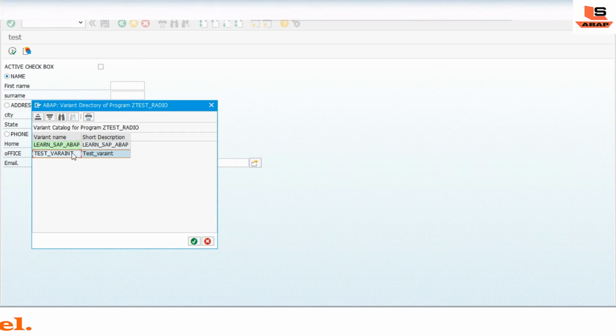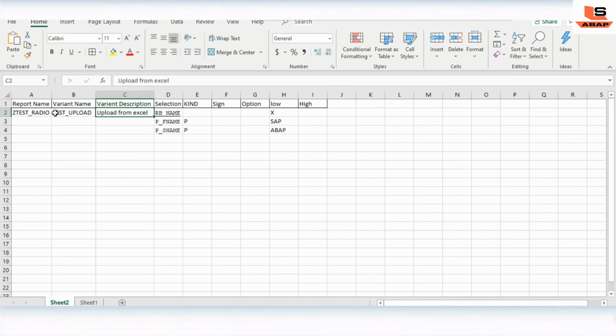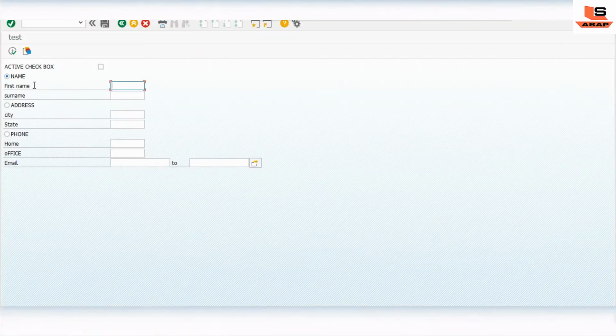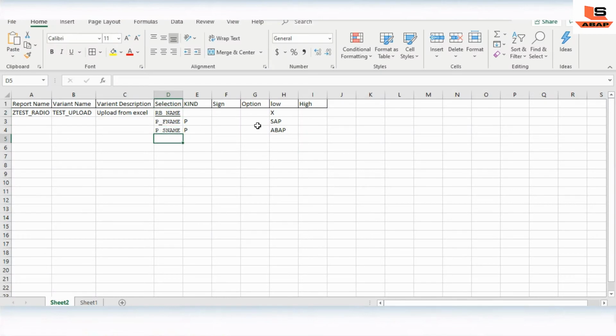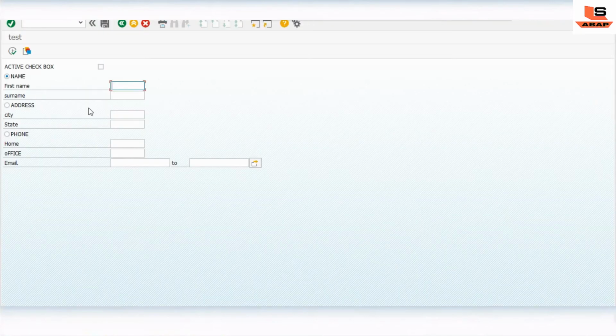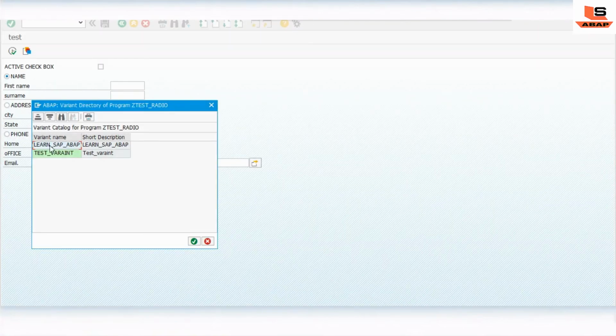So we are going to append one more variant here, which is called test upload, upload from Excel. And as you can see, reader button name, first name, last name. So after the execution of our program, you can see the third row as our test upload variant name.